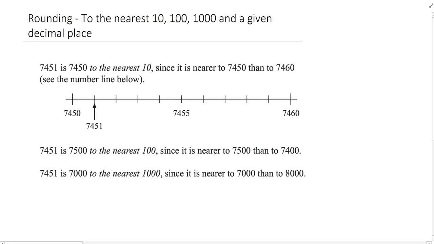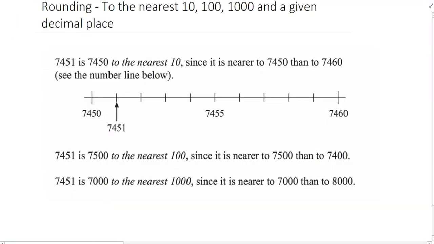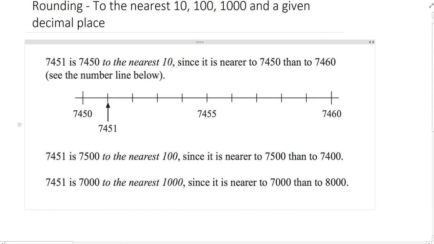So in this video, we're going to explore and try to understand rounding. We're going to look at rounding to the nearest 10, 100 and 1,000 and to a specific decimal place. So I think to understand rounding, we really need to understand the number line and positions of values on the number line. So for example, in this first thing,